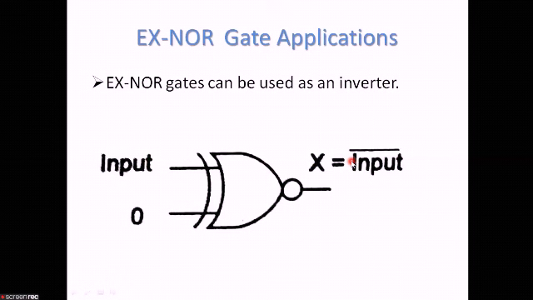That is, one of the inputs can be used to decide whether the signal at the other input will be inverted or not. So you can see that XNOR can be used as an inverter, as a parity checker, that is even parity checker, as a bit comparator, as an equality detector, as a coincidence gate, and many other applications. Now we will go to the other applications of the XNOR gate.